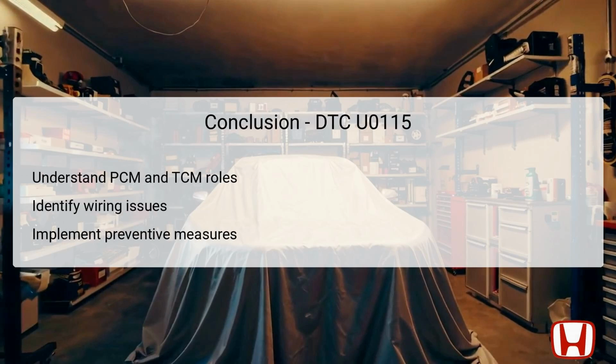In conclusion, effectively troubleshooting DTC U0115 requires a comprehensive understanding of the roles played by the Powertrain Control Module, PCM, and the Transmission Control Module, TCM. The troubleshooting process involves carefully identifying possible wiring issues and executing successive steps to ensure each communication pathway is functioning properly. By following structured steps to assess continuity and repair any identified faults, technicians can restore full communication, essential for